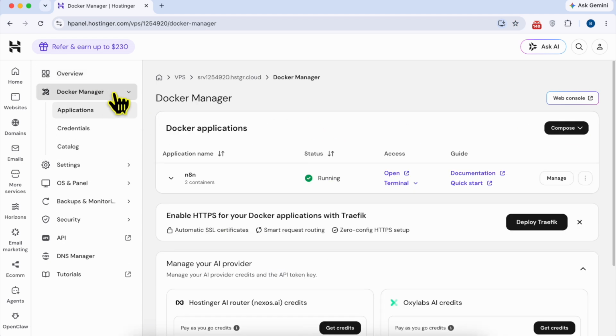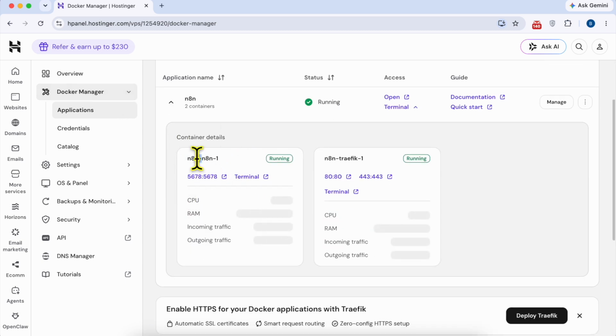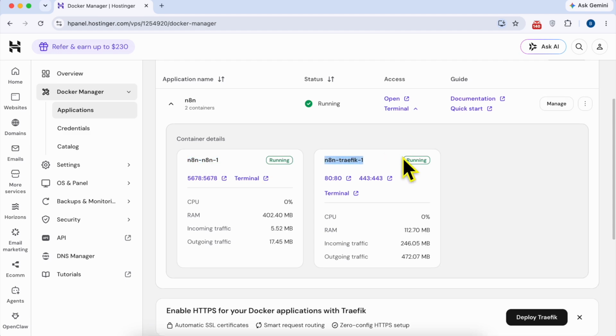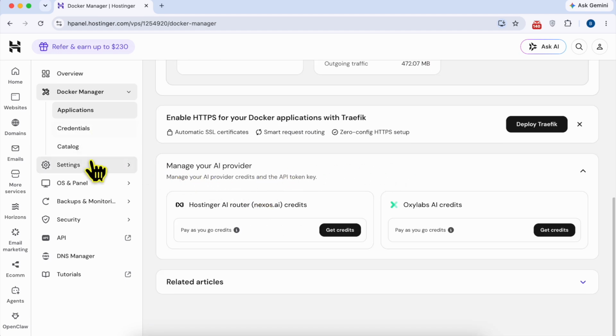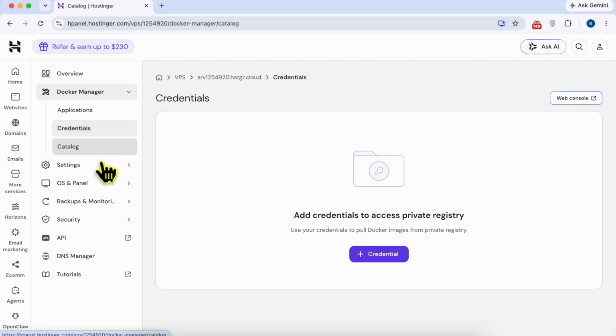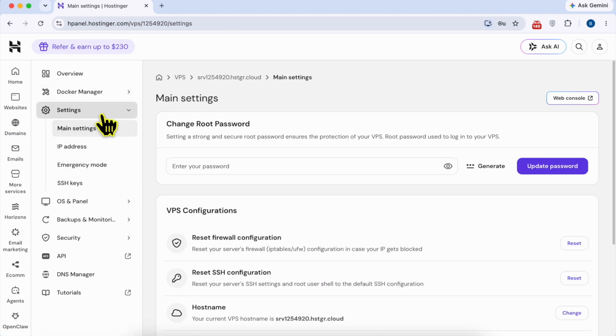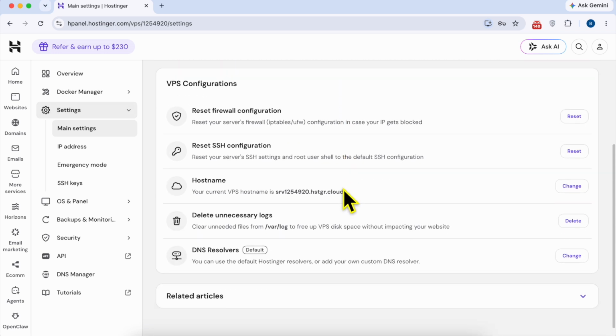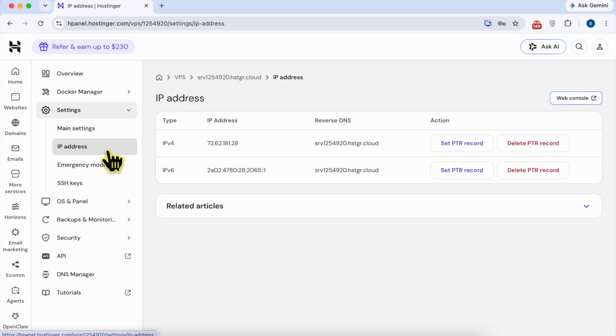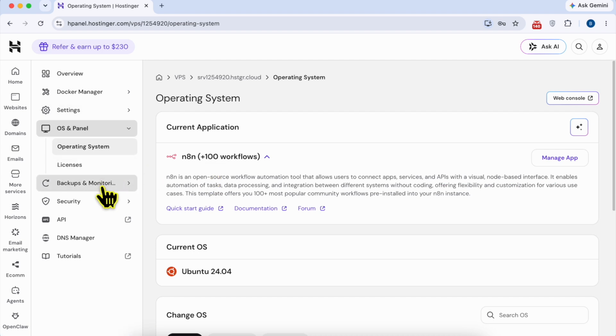Below overview, I have Docker Manager, where I can see my application name and container details. I can also check my credentials, and this is my VPS settings, where I can change my root password, and I can reset things like firewall configuration, SSH configuration, hostname, change my hostname, delete unnecessary logs, and below it I have some IP details, OS,